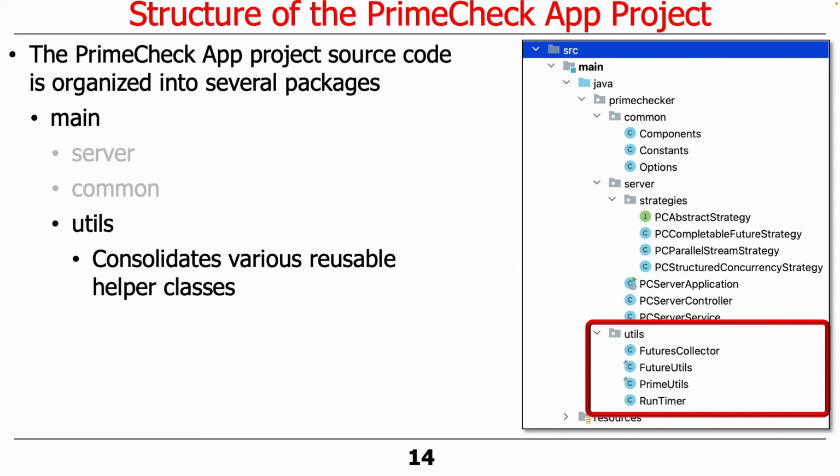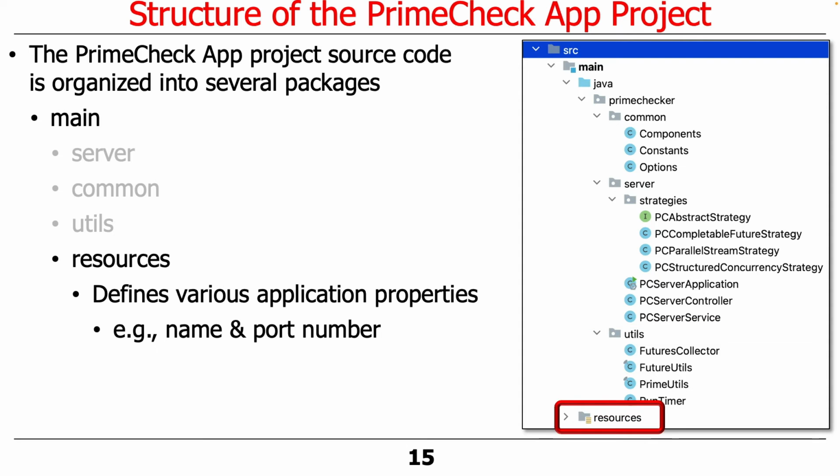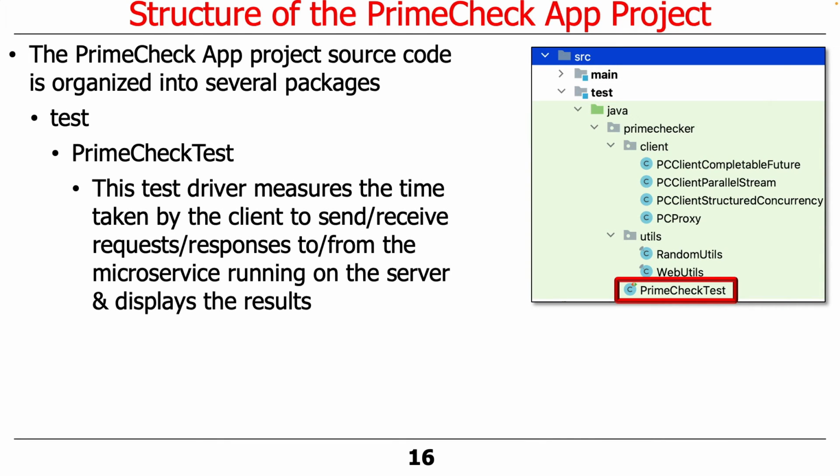And we've got these utils that we use in order to be able to reuse basic functionality. And in this case, we're still sticking with Java 19 version of the code, so we're using futures and stuff like that. There's also resources that keep track of various application properties like the port name and the name of the microservice and so on. The client side is going to have a test driver that will measure the time taken to